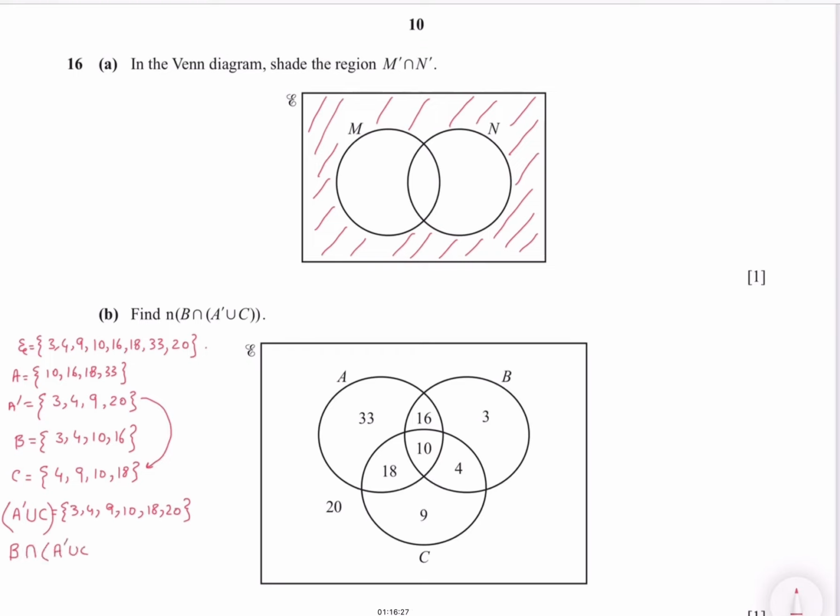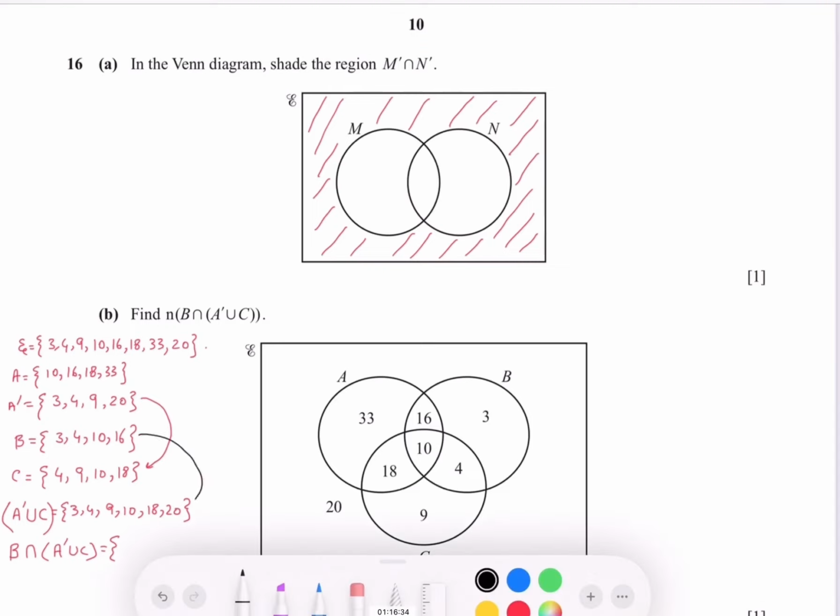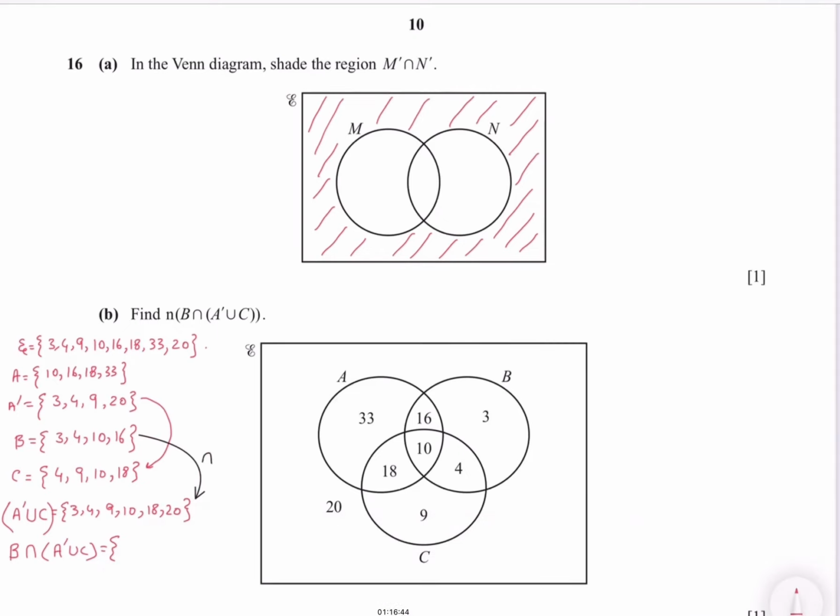And now B intersection A complement union C. You have B and you have to intersect B with A complement union C. Intersection means the common numbers you see in both sets, in set B and in set A complement union C. So you just pick the common numbers. So 3 is common, 4 is common, 10 is common. So this is your 3, 4 and 10. So N of B intersection A complement union C is